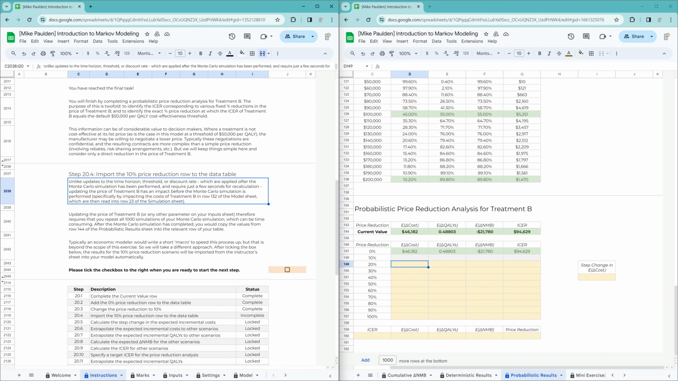We have a small challenge here, which is that unlike when we update things on the settings sheet, such as the time horizon, the threshold, and the discount rate, those things are applied after the Monte Carlo simulation has been performed. So we just have to wait a few seconds for the sheet to recalculate, but otherwise it's no big deal. When you update things on the input sheet, unfortunately, that requires you to redo the Monte Carlo simulation. Updating the price of treatment B means we now need to repeat our probabilistic analysis. And if you recall, back on the simulation sheet,